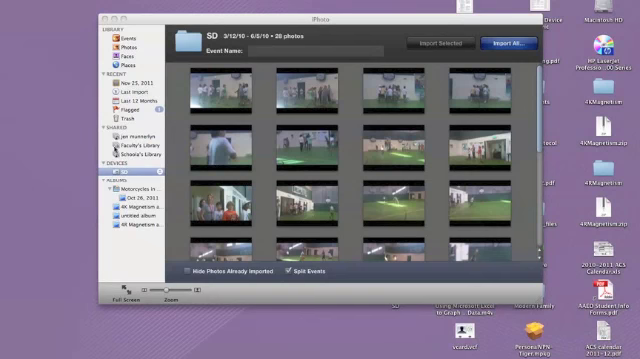And then you plug your USB connection into your USB port, and it will recognize the camera. Now I have plugged the Kodak PlaySport into the computer, and I've opened my iPhoto